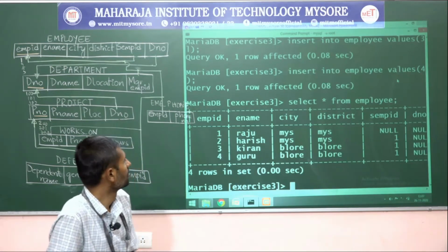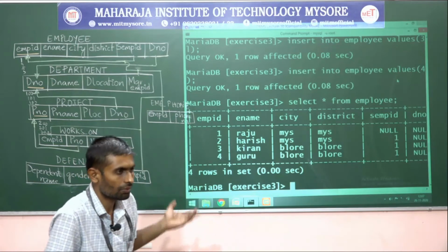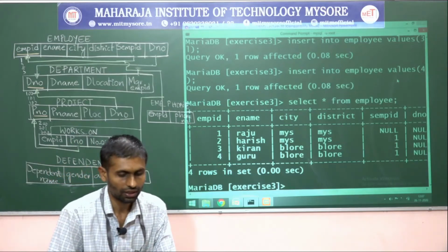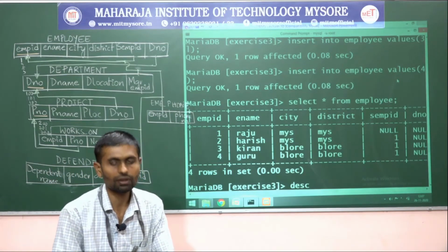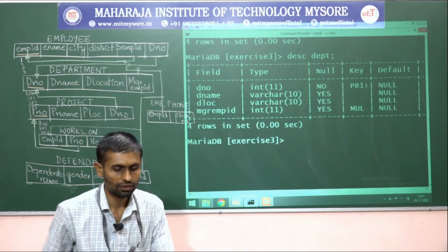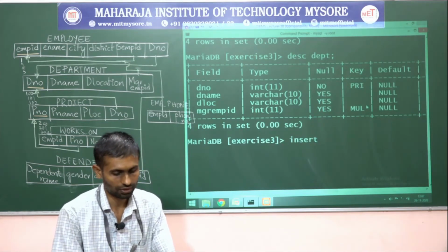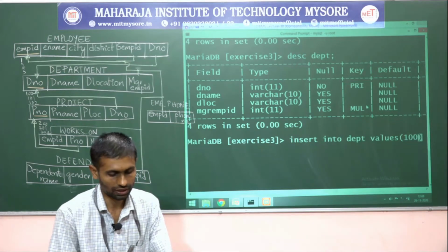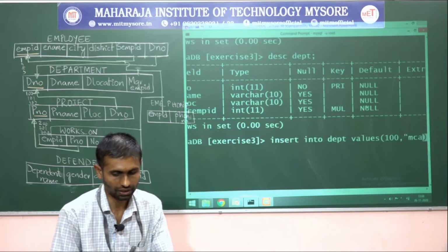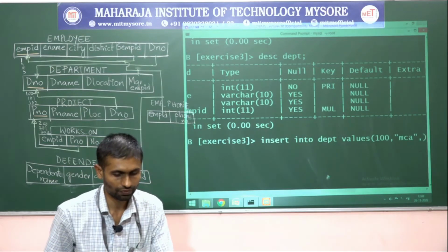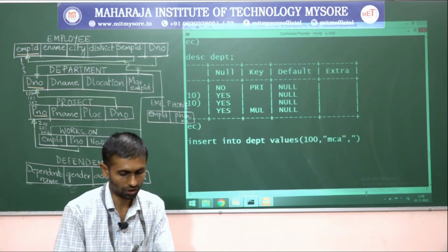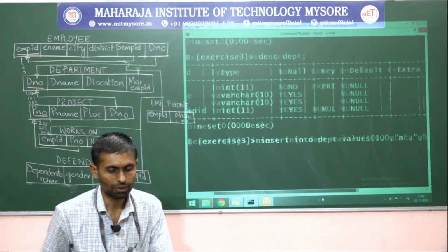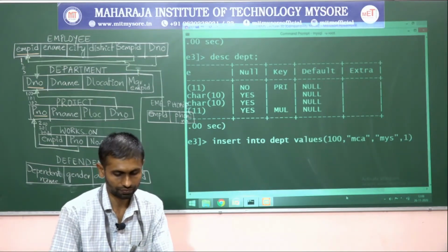Yes, we are ready with the data. For the first one, he himself is a supervisor, so for that I am not writing anything. If you want you can add it, no issues later. So now I will go with adding a value for the department table. Having 4 attributes, insert into department values, let me follow the series of 100, department name, let us say MCA something, you can give any name, no issues. Next department location, Mysore. Next a manager of this department, for example 1 is a manager.